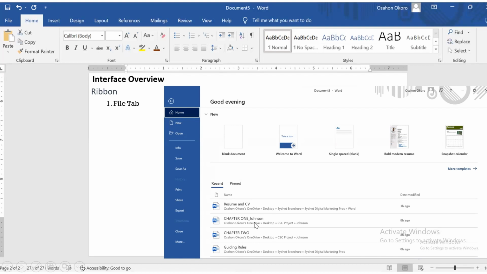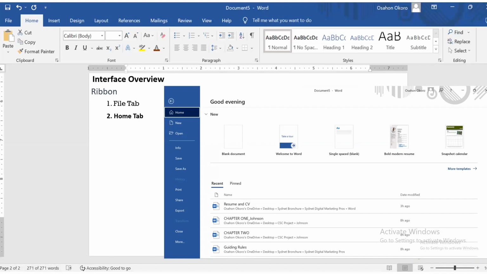So in the File tab, what you have is something that has to do with the whole document entirely. It is part of the ribbon, but it's not actually part of the ribbon. That's why when you open Microsoft Word, what you see as default is your Home, because your ribbon actually starts from Home. But File is put in the background so that you'll be able to access it easily. That's what it means. You understand? So the first thing that you see is usually the Home, or rather the ribbon starts from the Home. I'm going to explain every aspect of what you are looking at before you.